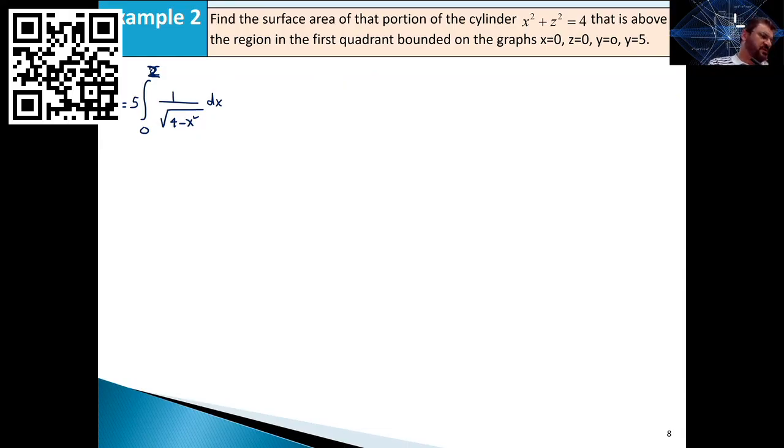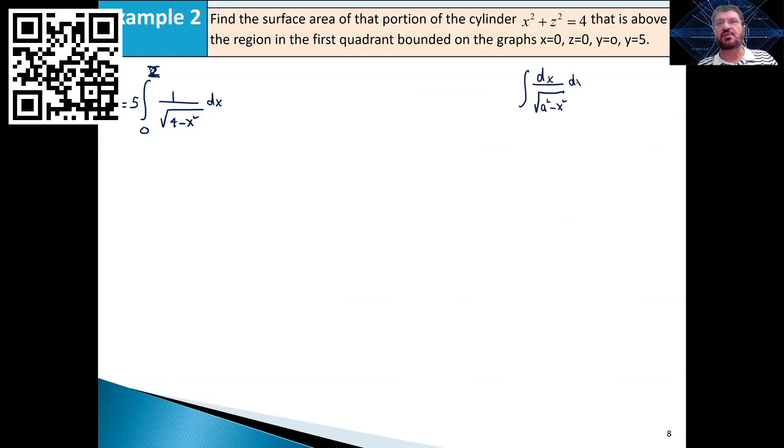Just one second. Yeah. So there's a formula which says that the integration of dx over the square root of a squared minus